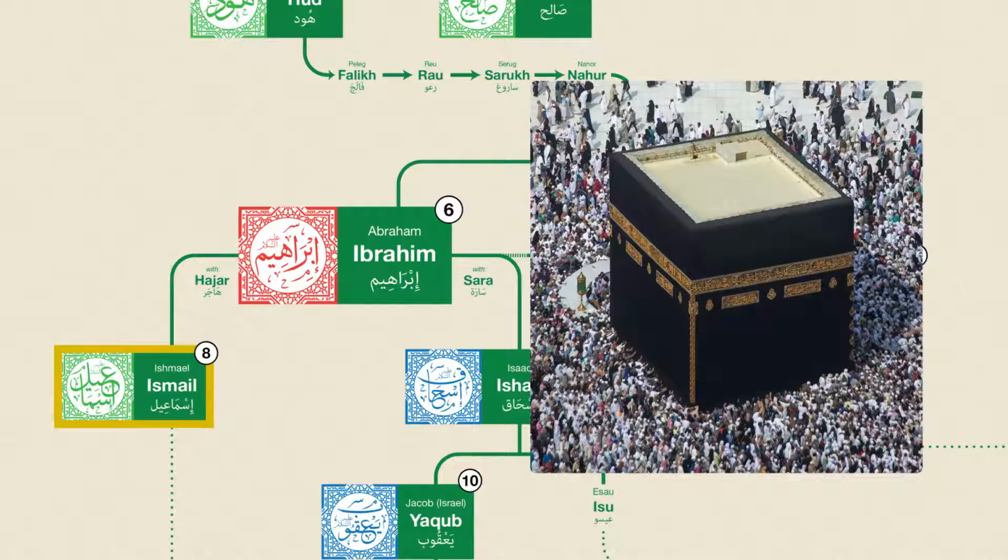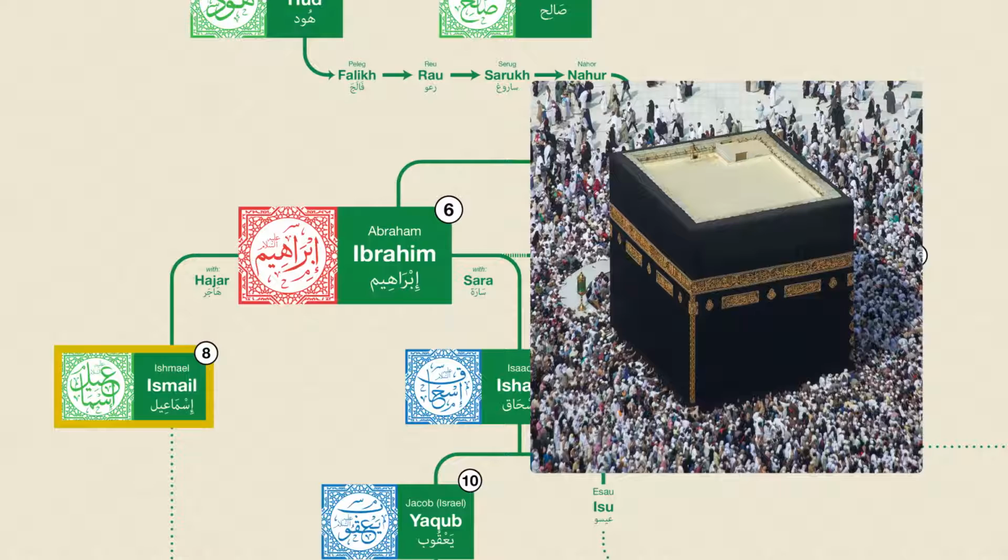When Muslims pray, they always pray in the direction of the Kaaba, and one of the pillars of Islam is the requirement to make a pilgrimage to the Kaaba at least once in a person's life, if they are able. There's a famous story that occurred just after the Kaaba was built. When Ibrahim was about to leave Ismail with his mother Hagar in Mecca, Hagar asked, "Who will take care of us?" To which Ibrahim replied, "Allah will."